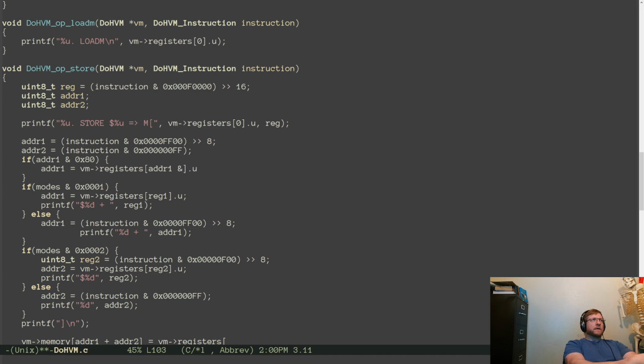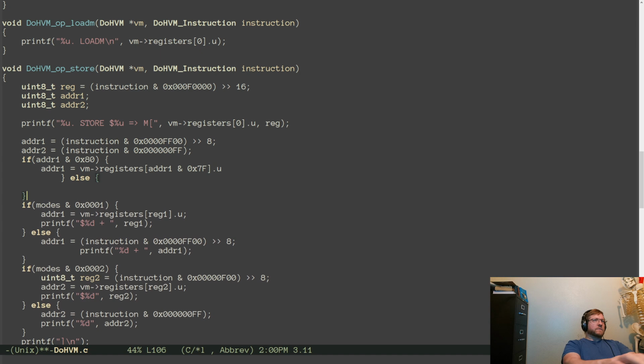and, not 8, 0xf minus 8. 15 minus 8 is 7, so 7f dot u. This is what we have to log, so